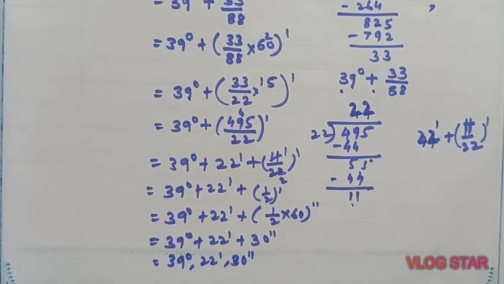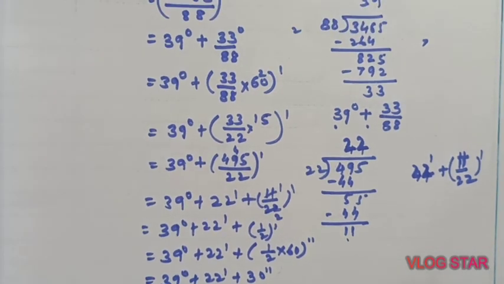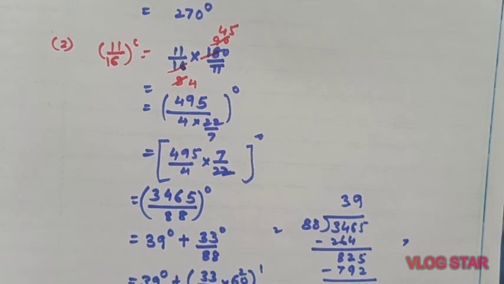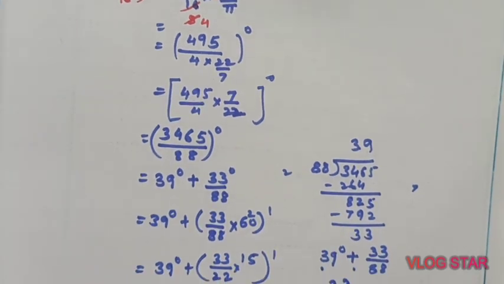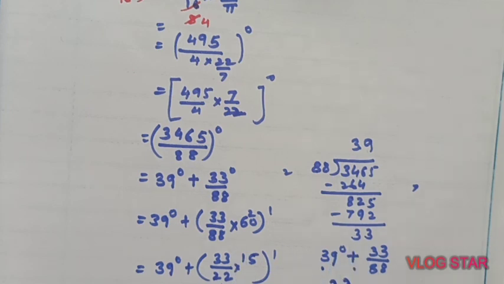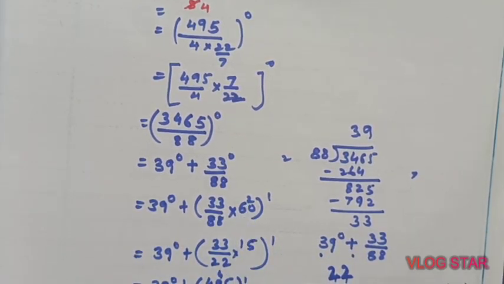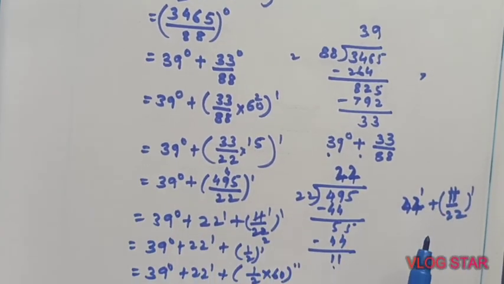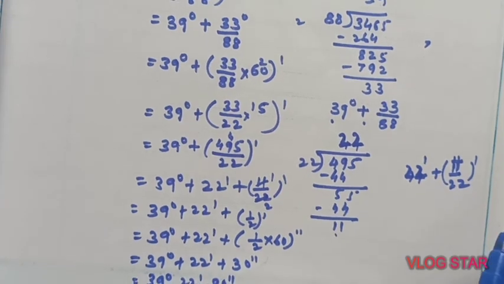So that's all. So like this, whenever there is an example like this in which pi is not included, certain numerical calculations you have to perform. Convert it into degree. If there is a fraction part, take out the fraction part and convert it into minute. Again if it is in fraction, again take out the fraction part and convert it into second. So like that we can complete our answer.